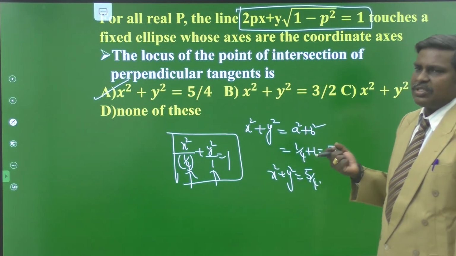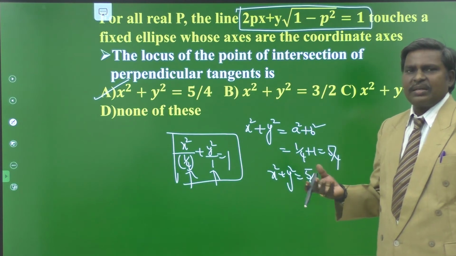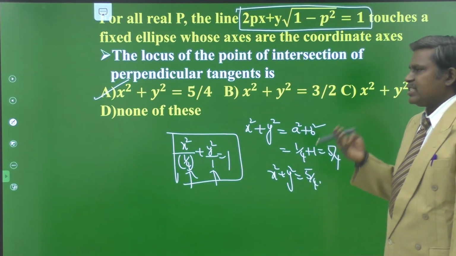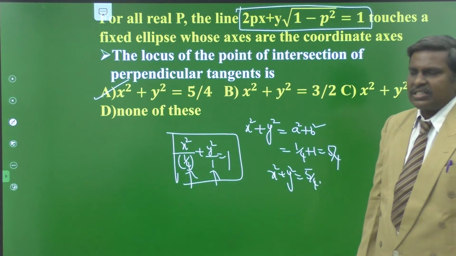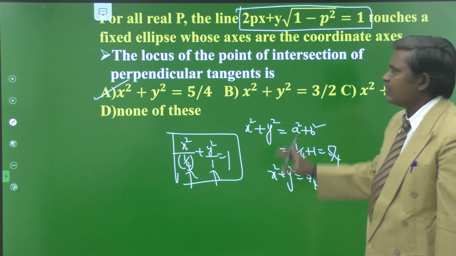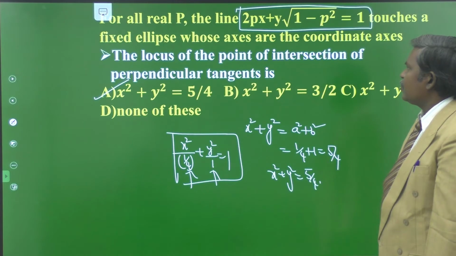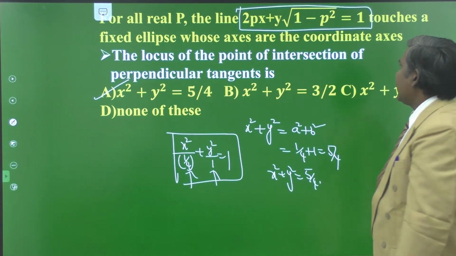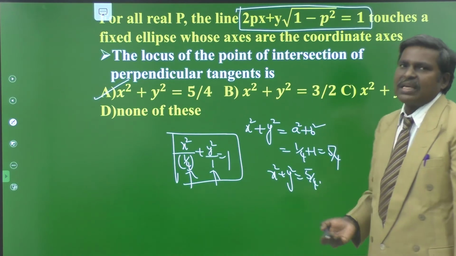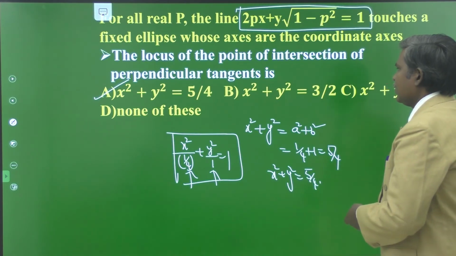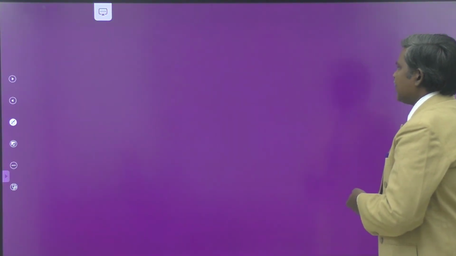Once you have the ellipse in your hand, for both the a greater than b and a less than b cases, you write the center, vertices, foci, directrix, whatever it may be. The director circle also, you can easily crack that one. Only one thing: you have to choose p as cos theta and root 1 minus p square, and immediately we obtain that as sin theta. Okay, we will move to the next paragraph.